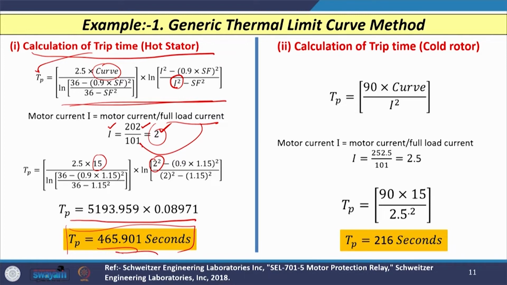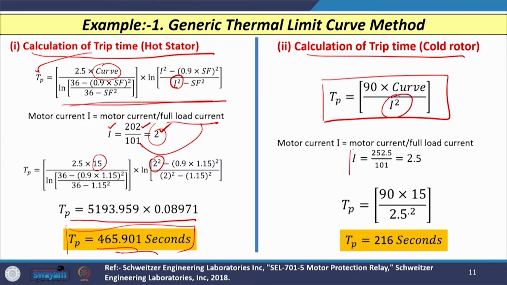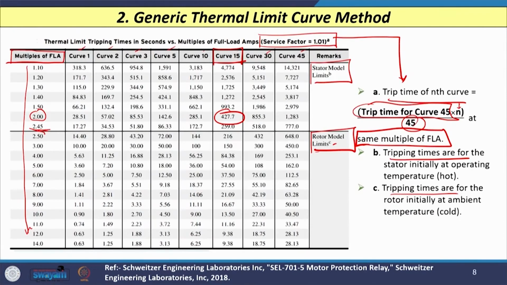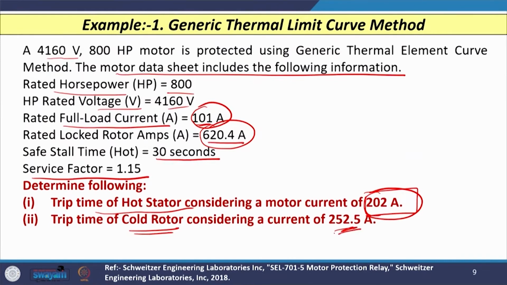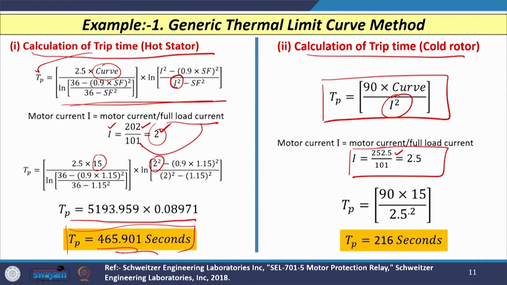Similarly, if we calculate the value of trip time for cold rotor, then Tp is given by this equation we have already discussed, and in that case you can see that the value of I we can calculate easily by considering the motor current. So, motor current in this case is given as 252.5 ampere, the full load current is 101 ampere, and the value of I comes out to be 2.5. So, with this value if I put it here, then we can have the value of Tp,